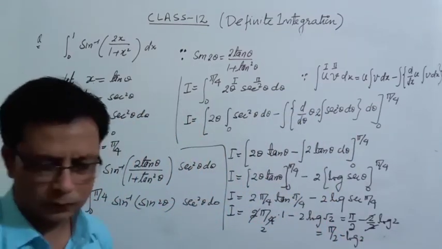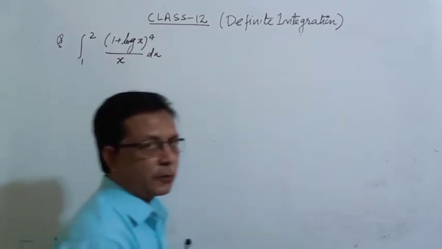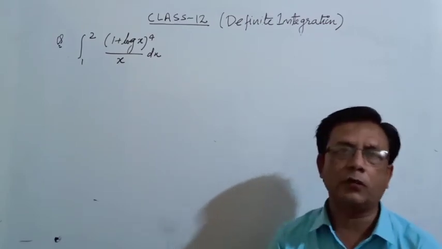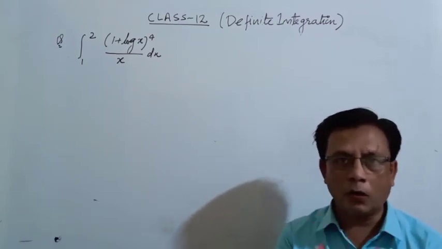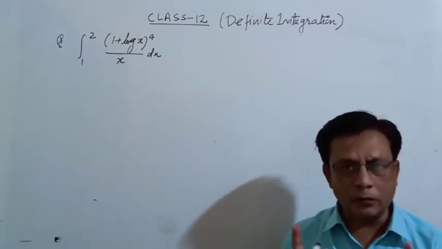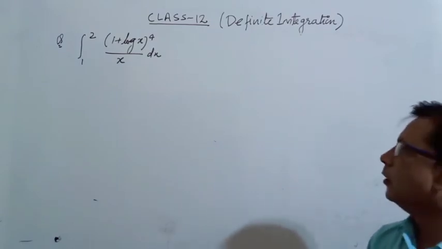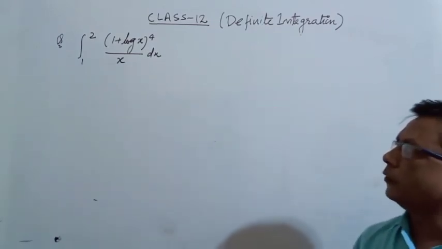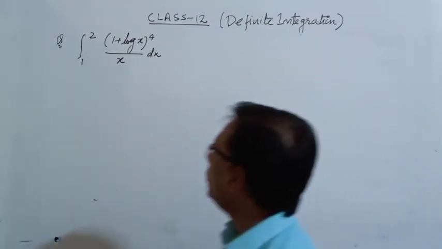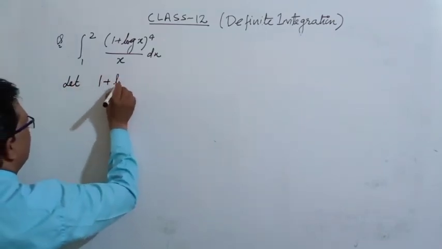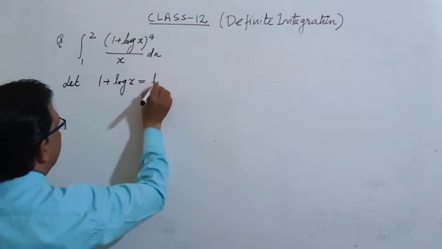So student, note down, this is another good question of substitution. I will tell you many times, there is no direct integration of log x. So if log x is present in the integration, always substitute log x. In integration, log x is not possible directly. We do log x by use of integration by parts, which you learned in the previous chapter, and here we use the substitution method. Okay, so let us substitute. Let 1 plus log x is equal to t.